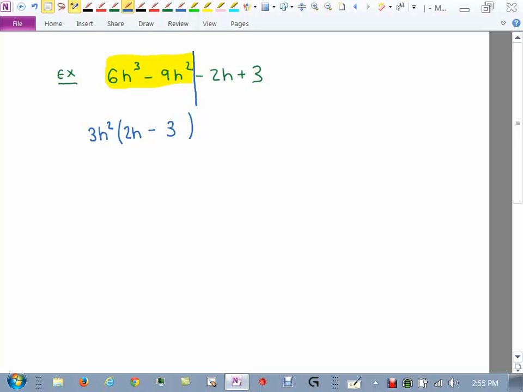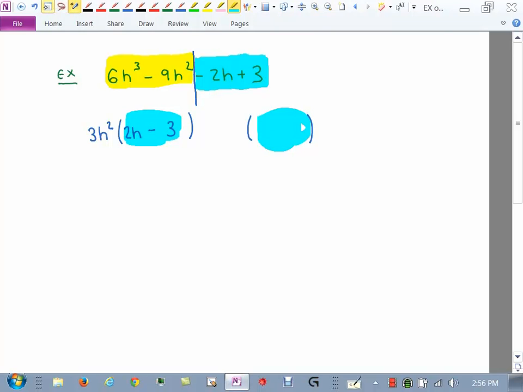Now, in order for grouping to work, hopefully you remember this, you need to have the exact same thing over here in another parentheses. So now we focus our attention on the other 2 terms, and we pull a GCF out of these 2. Is there a GCF? Doesn't look like it, right? But what do we need to have in this parenthesis right here? What has to be there in order for grouping to work? It has to be this, doesn't it?